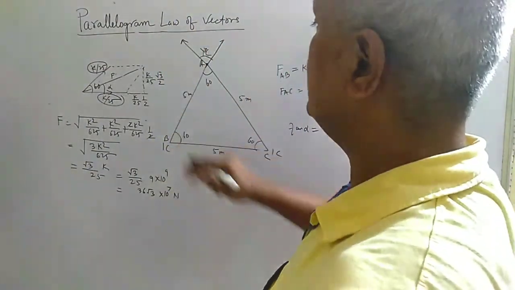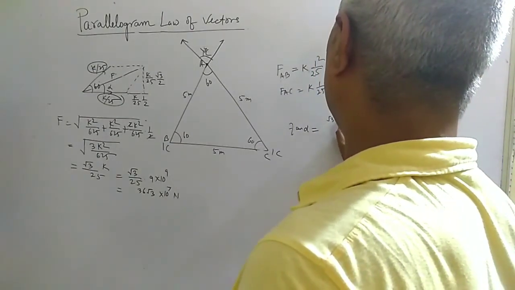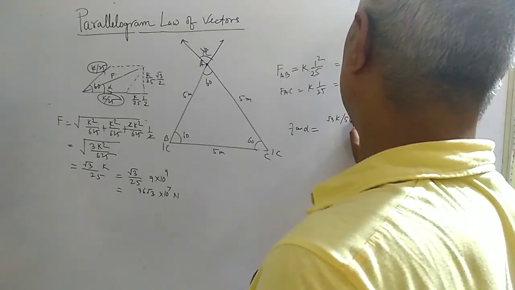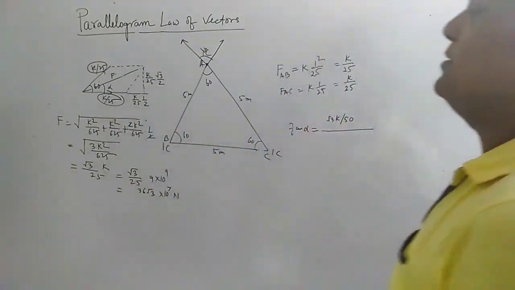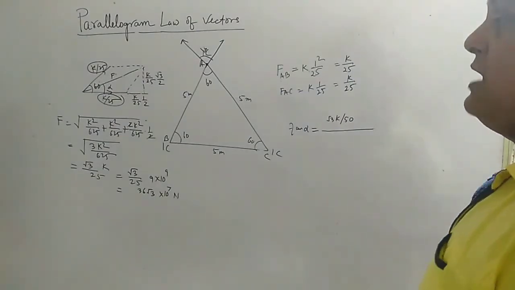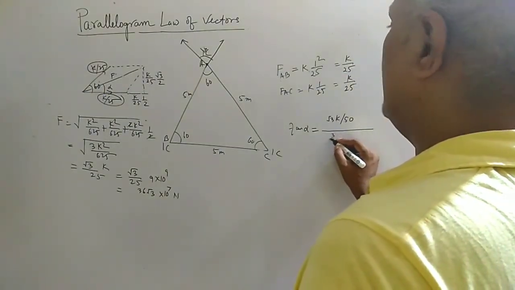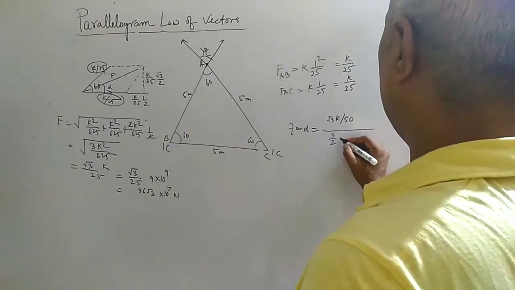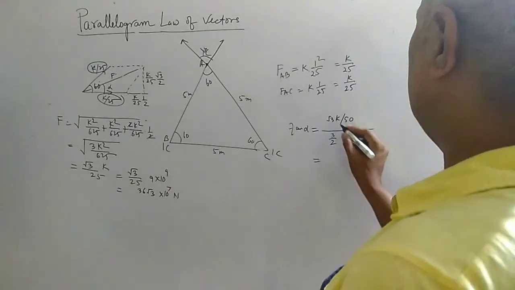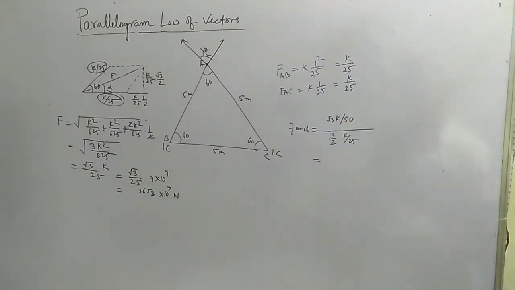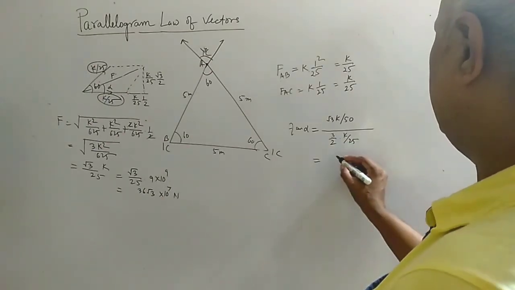Tan alpha is opposite, that is root 3K upon 50, upon the sum of these two, that is K upon 25 plus half, like 1 and a half is 3 by 2 K upon 25. So you see that the K and the K will cancel each other, and then what I'll get is